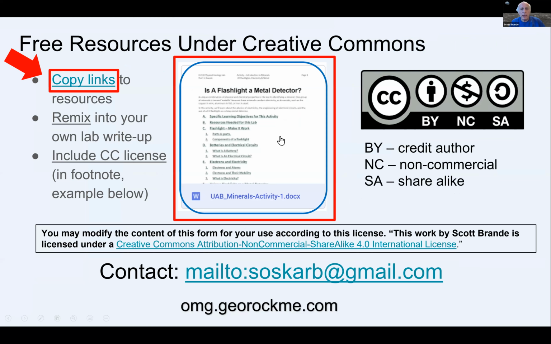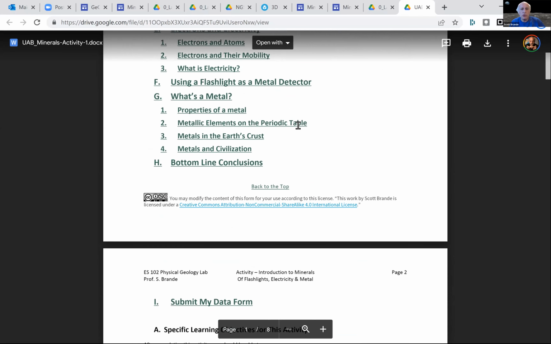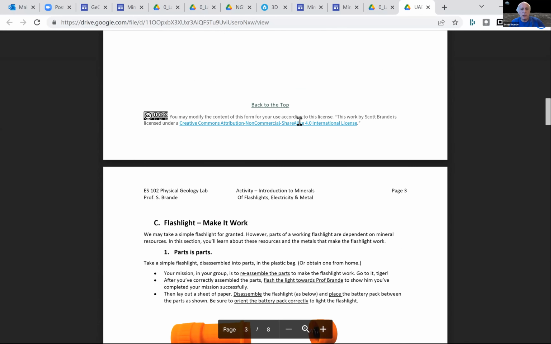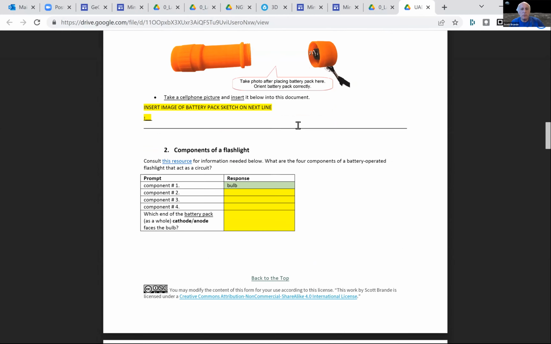And with regard to the flashlight activity, it's not just a matter of, in my sense, what I wanted to do is to go beyond just identifying minerals. So what I've done is I've put online the activity that I constructed in order for students to work through, not just to find the metallic minerals, but I've actually created an activity that will help them to better